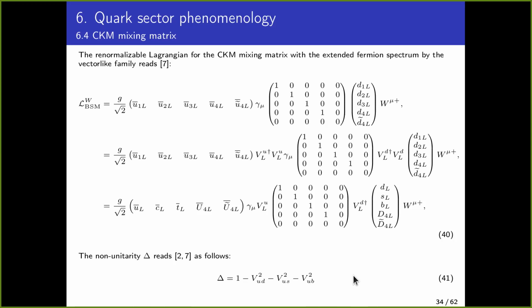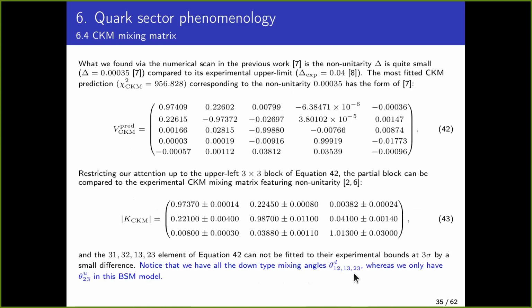So this is one of the fully fitted CKM predictions. What we found via the numerical scan in the previous work is that the non-unitarity delta of the CKM mixing matrix is quite small, of order 10 to the minus 4, compared to its experimental upper limit, which has an order of